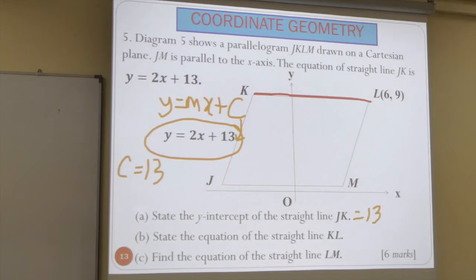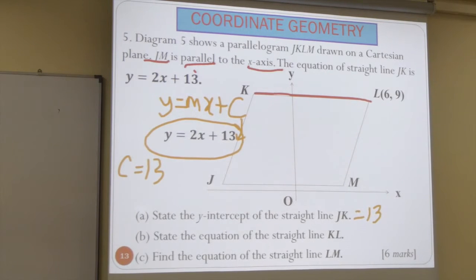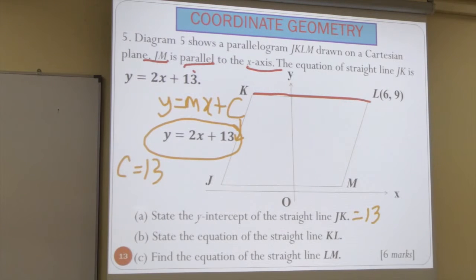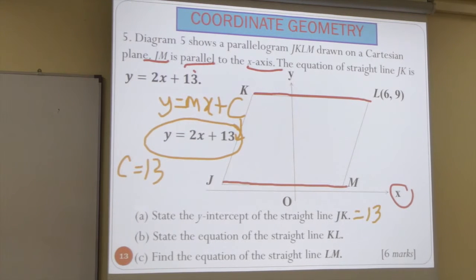See? JM is parallel to the x-axis, so it must be horizontal. So if JM is horizontal, is KL horizontal too? Yes, very good. Why? Because it is a